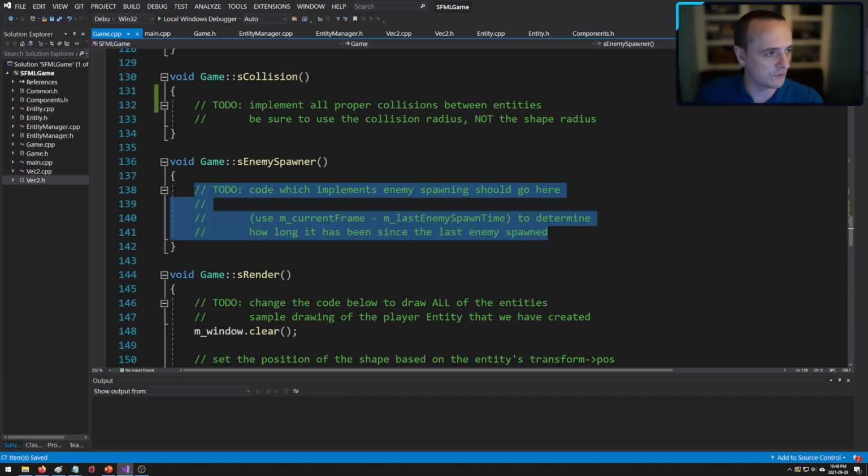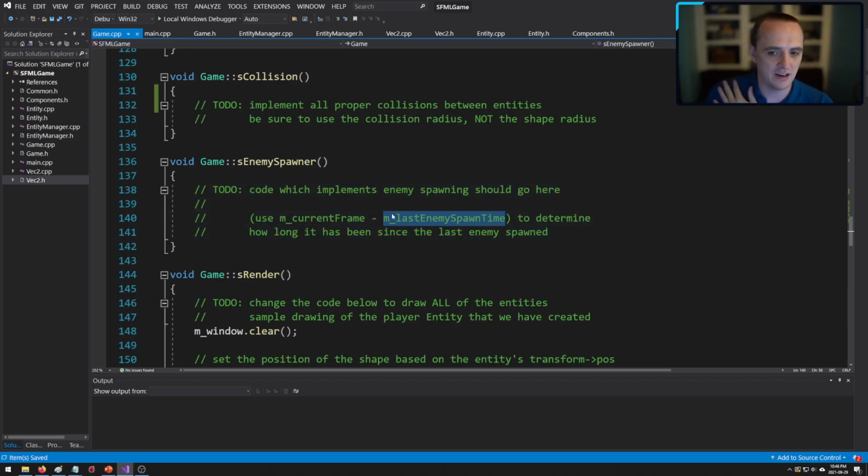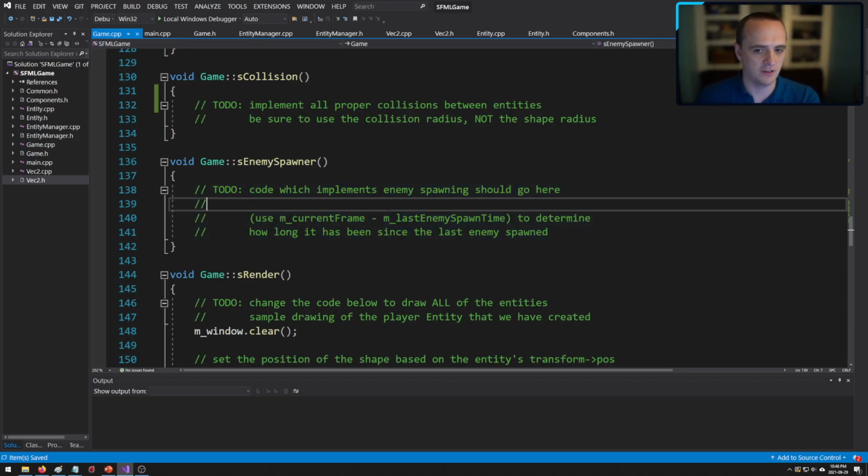So you're going to read the current frame, subtract the last enemy spawn time to see how long it's been since the last enemy spawned, then read in the value from the config and see how much